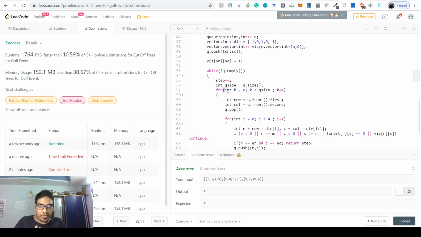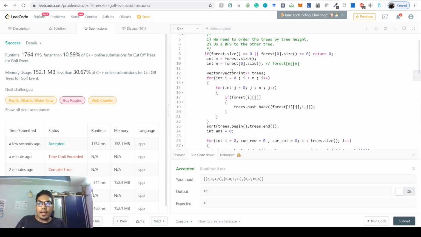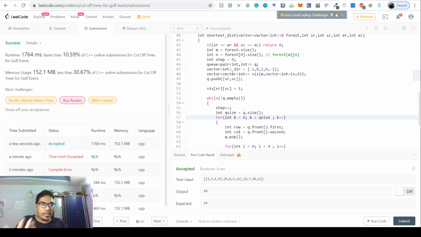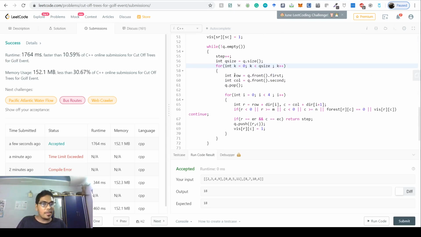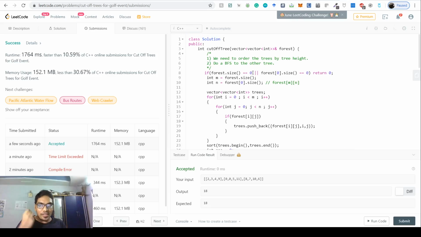We also reinitialize all of these variables all the time. But these are the small things in competitive coding which actually make you crawl. We're better than, faster than 10%. The point is that by pushing this line further, by not reiterating and redoing these lines multiple times, we are able to save so much time that we are doing much better. The entire algorithm, the entire logic, everything is the same. Just one line changed, right? So that is the lesson for today: in competitive coding, very very small details matter.